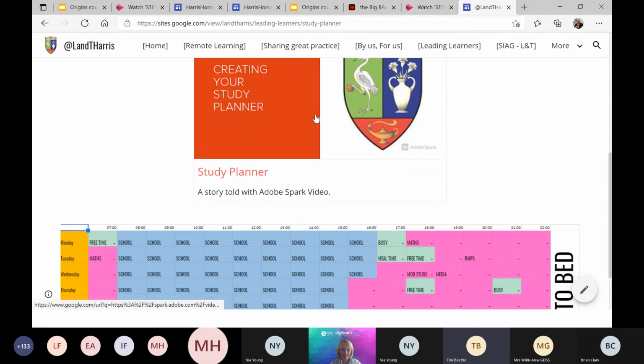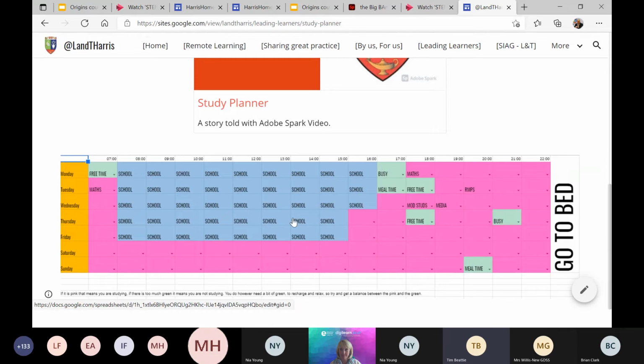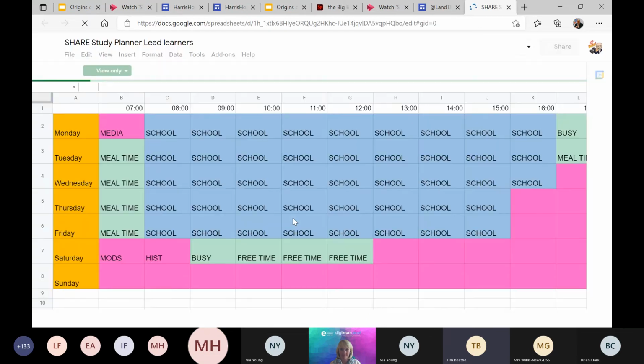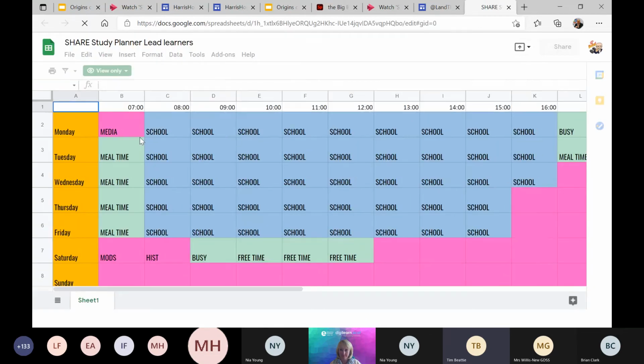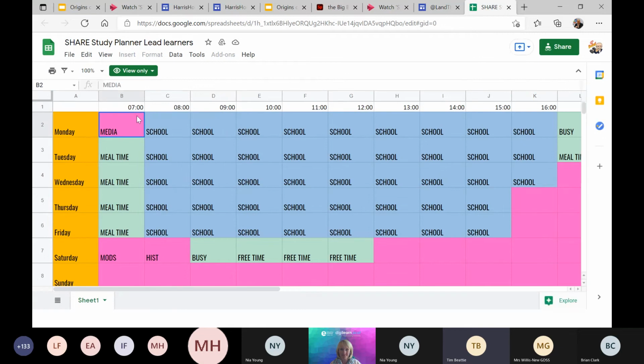And there's a little Spark video that tells them how to use it. But ultimately, it's just built on Excel, or it can be built on Google. And this is it. So basically, they'll go through, and I'll have access to each of them. Now, when they copy it over, they'll get a little drop-down menu. All of the SQA subjects that they could take would be here. You click on a green box, it says mealtime, that might be breakfast. You could change it to English and it'll